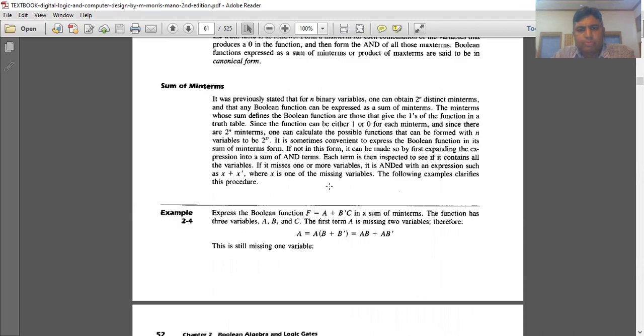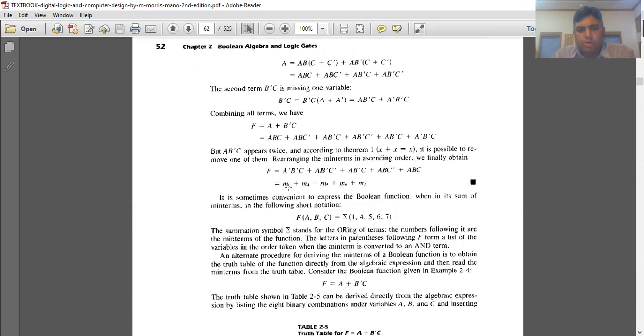So a bar b bar c is equal to 0, 0, 1, first min term m1. This is 1, 0, 0, fourth, m4. This is 1, 0, 1, fifth, m5. This is 1, 1, 0, m6, and this is 1, 1, 1, m7. So you can write it as m1 plus m4 plus m5 plus m6 plus m7, and this can also be written in this form, like f of a b c is equal to, do not write m here. In form of sigma, you can write only the subscripts 1, 4, 5, 6, 7.